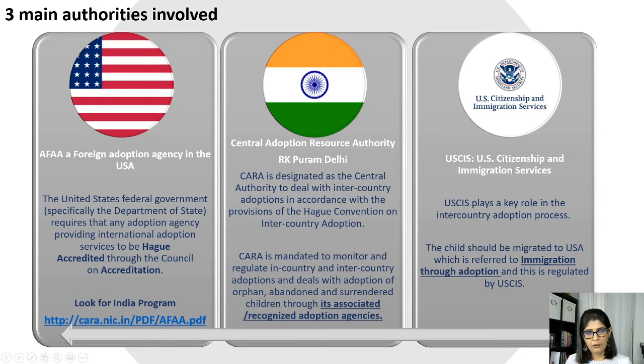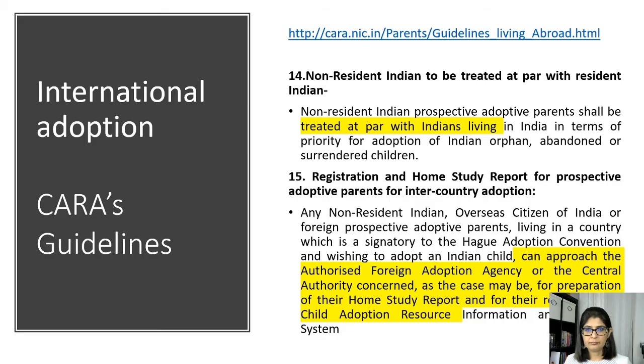All these international adoption agencies have an India international program. For CARA, you have to work with CARA. Whether you want to do domestic or international adoption, you just can't go to an orphanage. You have to initiate the process by registering yourself with CARA, and you can do that only with an AFA. And USCIS plays a very important role in the immigration of the child through adoption. We are going to look into more details on the regulations or the process laid out by USCIS, and where is the catch-22, why NRIs cannot actually adopt.